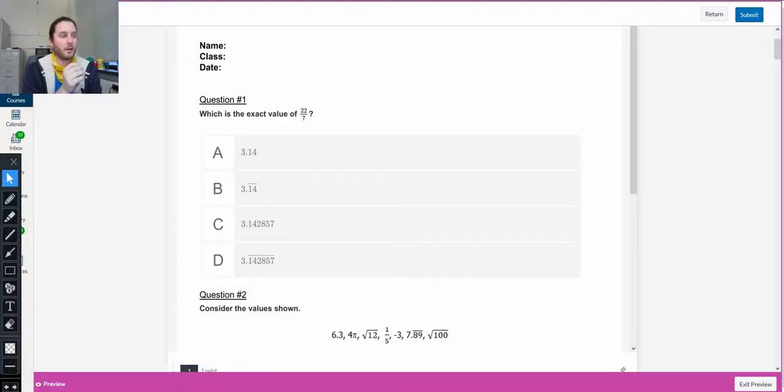All right, so this is our review for number systems. Really kind of a short unit. We're not going to have a full-blown perform level test. This is going to be a test you can do a bunch of retests on. I think I'm allowing 3 retries on it, 2 or 3, something like that. So the plan is to go through this assignment and then use this to prepare for the quiz that'll be